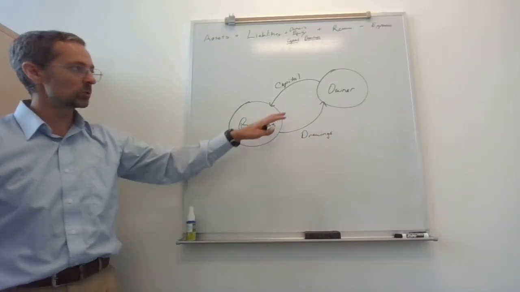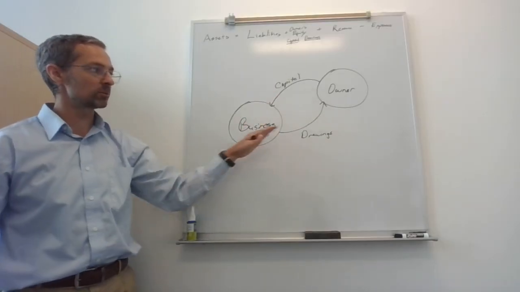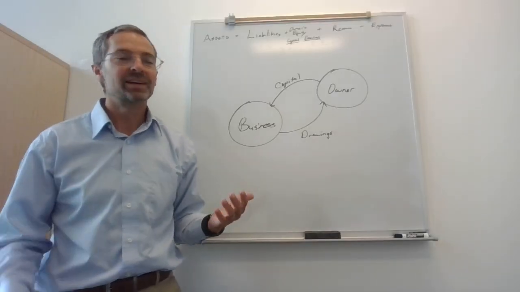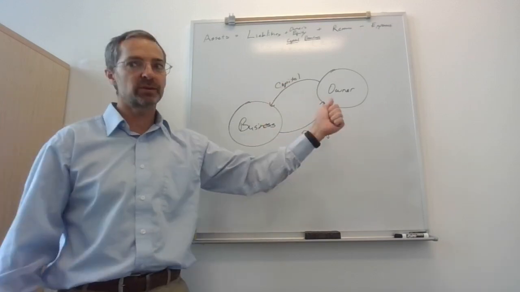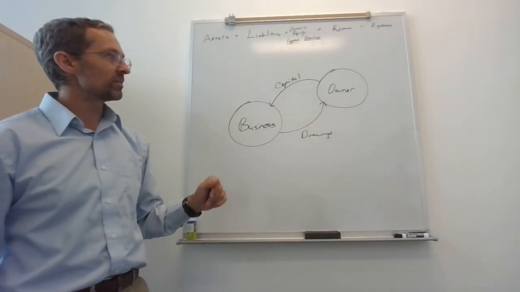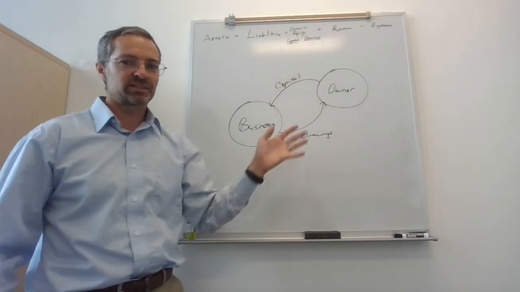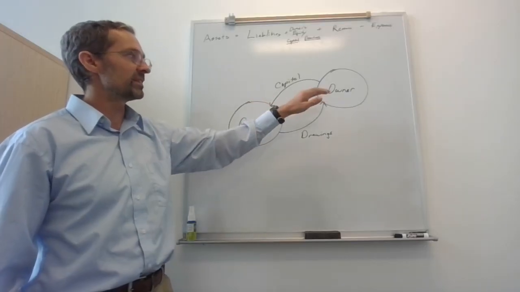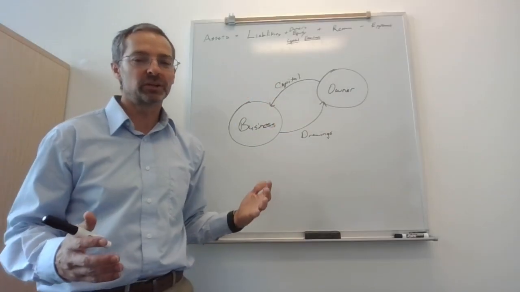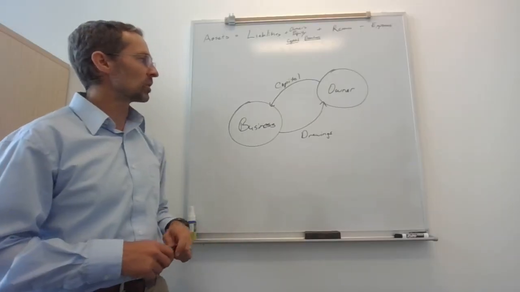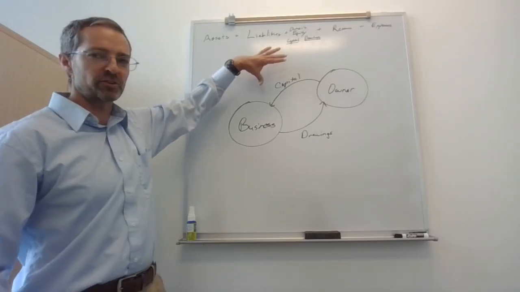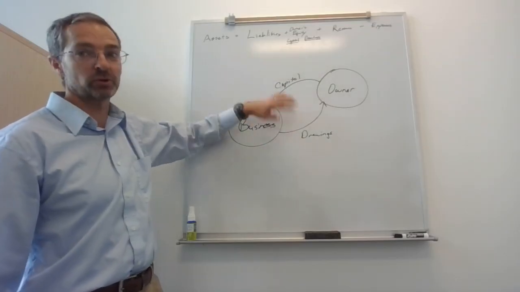Those are really the only two things that we care about with the owner. It's either capital or it's drawings. And if the transaction involves the owner, it's going to be one of these two things. So either are they putting money in the business or taking something out of the business. If it involves the owner, it's not going to be a revenue or an expense. And if it does not involve the owner, it's not going to be one of these two. So these two accounts have to involve the owner in some way, shape, or form. So just keep that in mind also when we're dealing with owner's equity, that if the transaction says it involves the owner, you have two choices. It's one of these two.